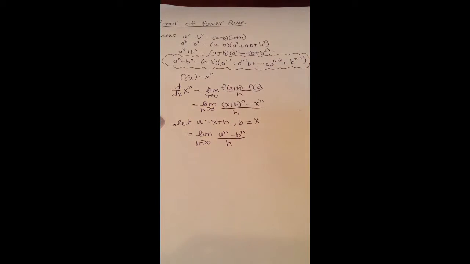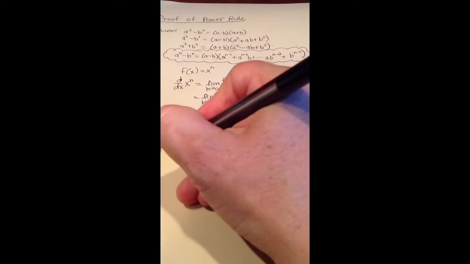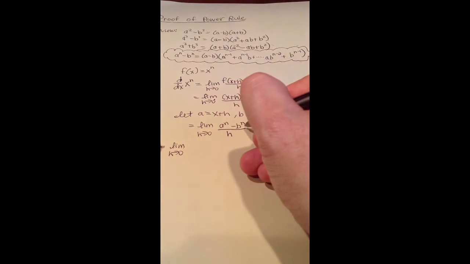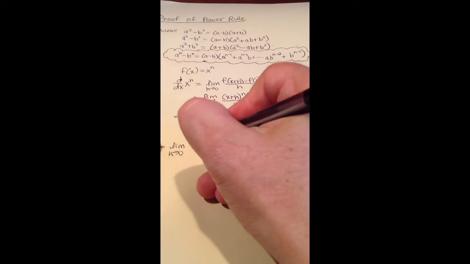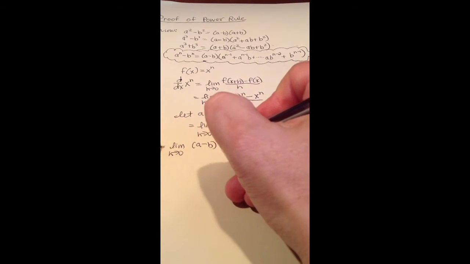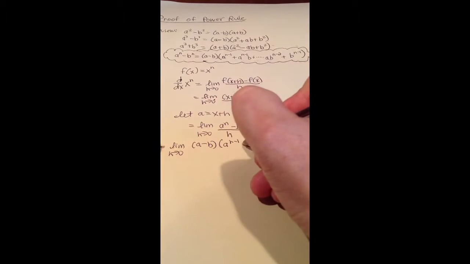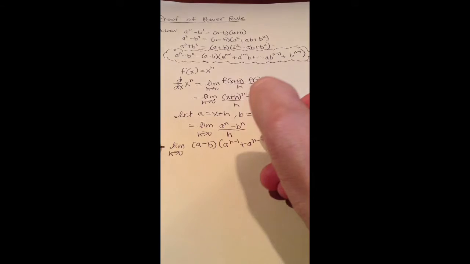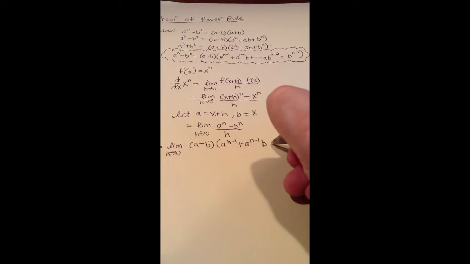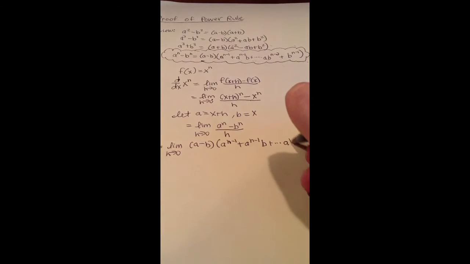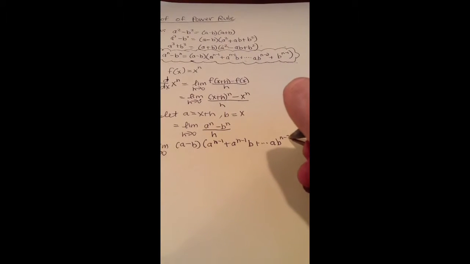Okay, so now I can substitute this in, so this is going to be really lengthy. So this is going to be the limit as h approaches 0. Instead of a to the n minus b to the n, I'm going to plug this long thing in up here. So I'm going to say a minus b times a to the n minus 1 plus a to the n minus 2 times b plus dot dot dot, a times b to the n minus 2 plus b to the n minus 1,